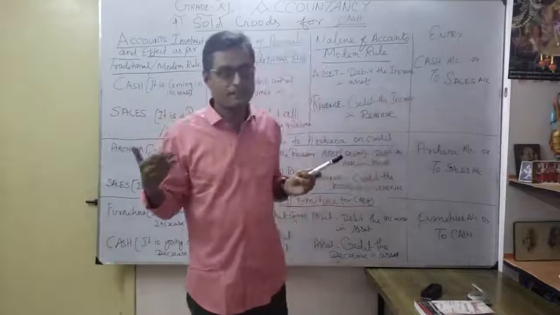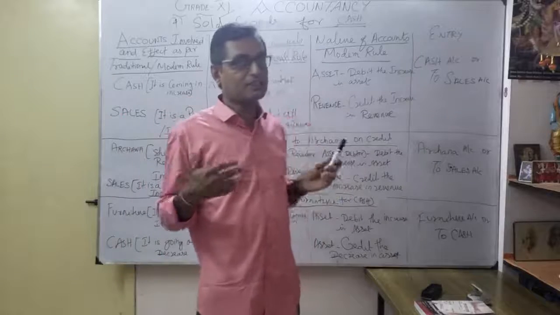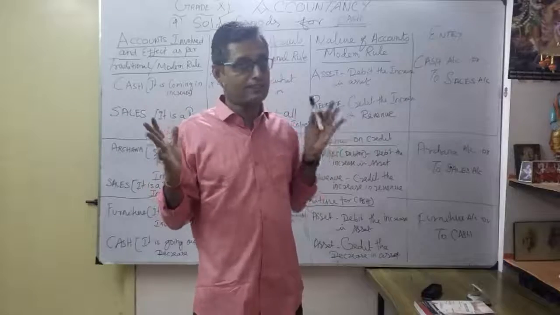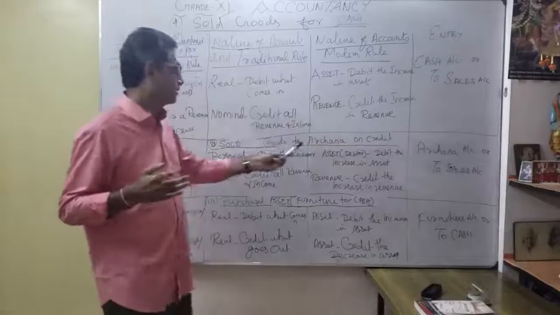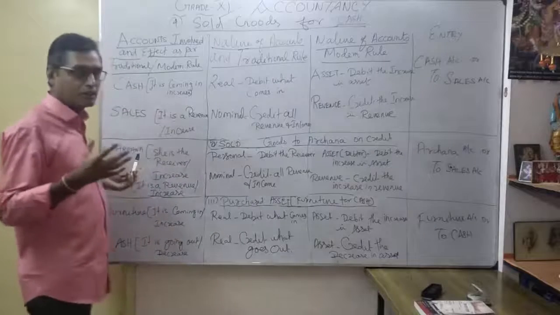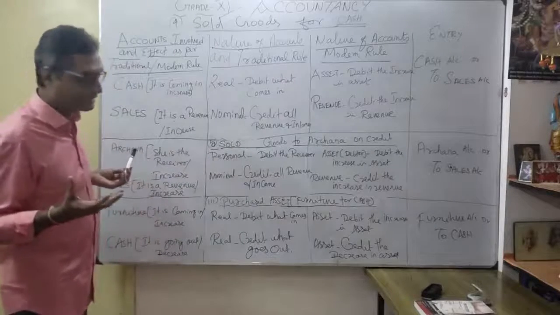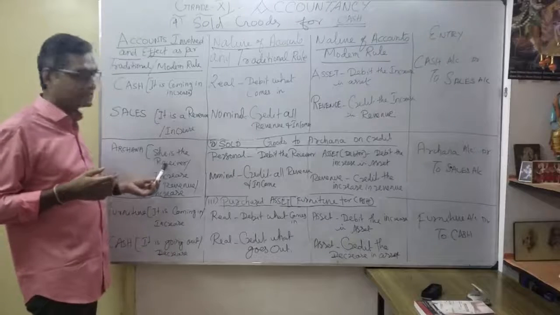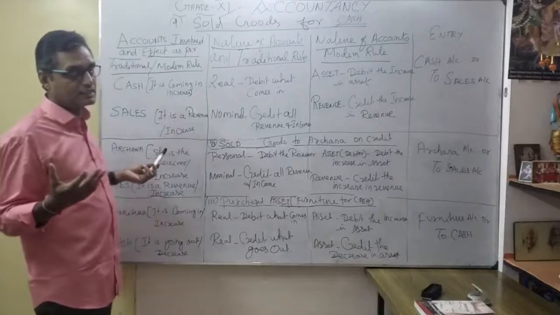Okay, we discussed earlier goods purchased on credit. Now in the same manner, goods sold on credit to whom? As a Archana. So just see, your name is there. You sold to whom? To Archana, because it is on a credit basis, correct? As credit sales to Archana. So she is the receiver naturally, according to our traditional approach.